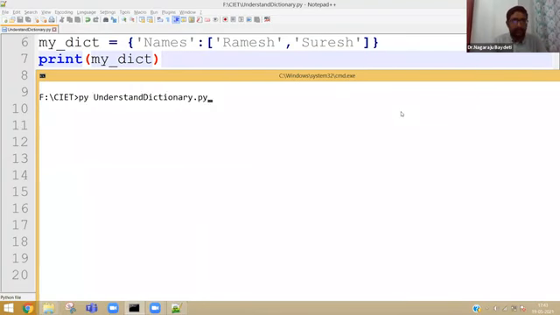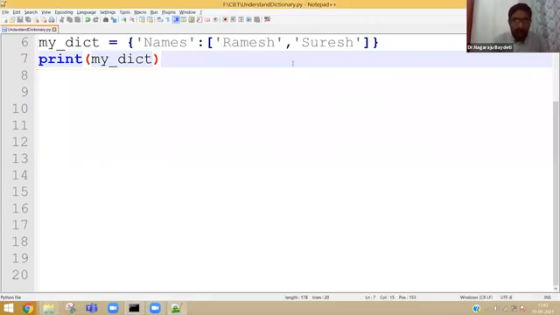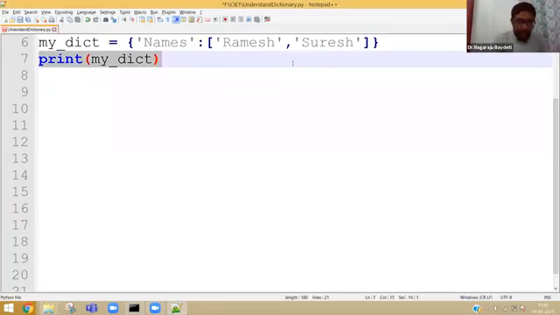So here, names is the key, and Ramesh and Suresh are the values. Just for taking a screenshot, I am typing again. Now, how can I get only the values Ramesh and Suresh without the key names? So I can also do that.